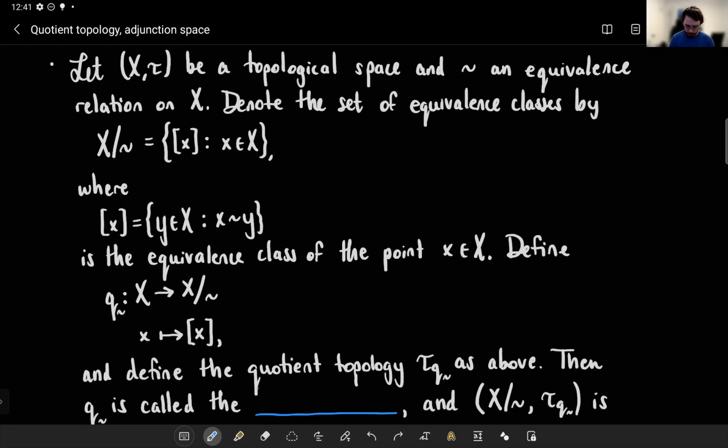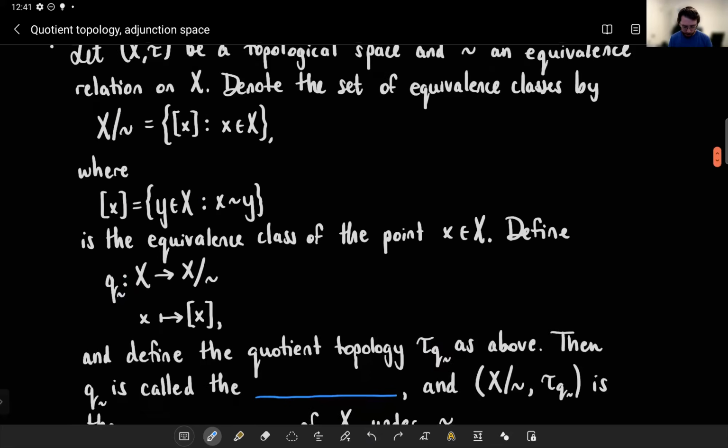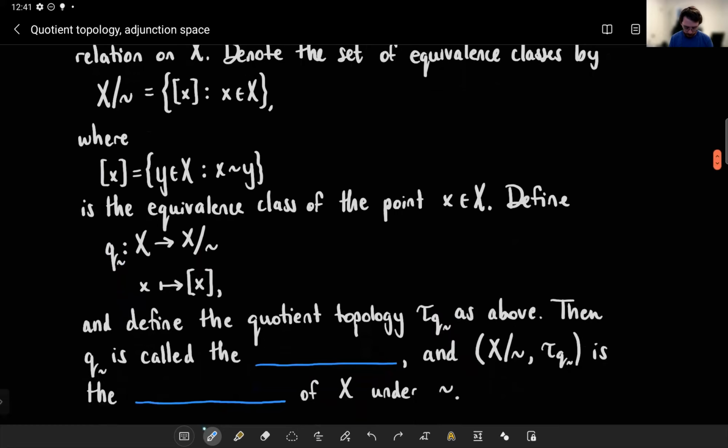And if you define the quotient topology on it, so here I'm calling it tau sub this function, just as above. So just say, the open sets in X quotient tilde, quotient space, are those sets whose preimages are open in X. So define it as you would above. Then this function is called,